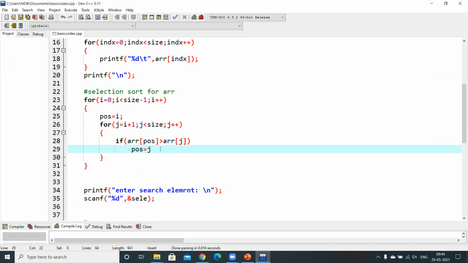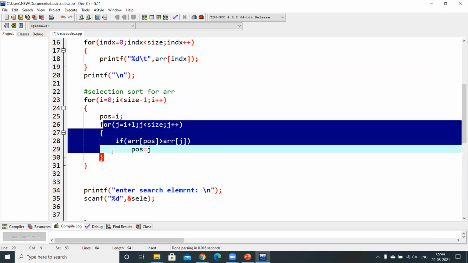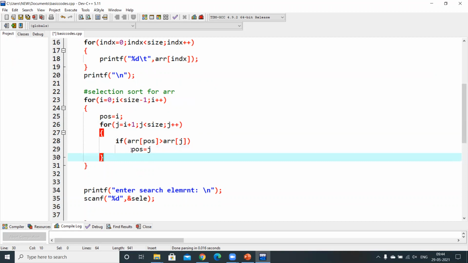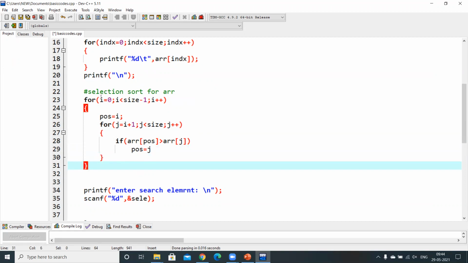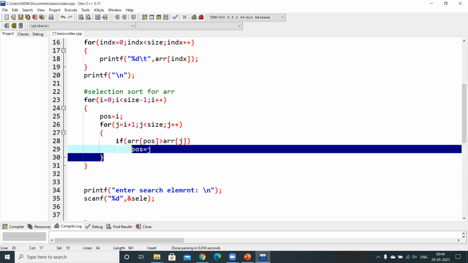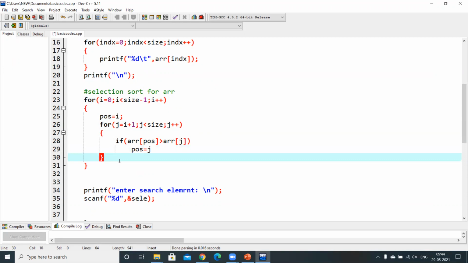You can get that at position j a minimum element is situated. Now at last, after traversing this, you will end up with the minimum position, right? And ultimately you need to swap the element present at the first index position and the minimum position.